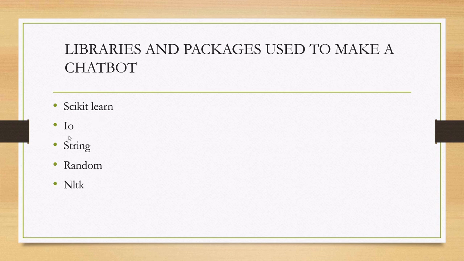Next, the IO module. The Python IO module allows us to manage file-related input and output operations. The advantage of using this module is that the classes and functions available allow us to extend the functionality to enable writing Unicode data. Next, the string module. The string module contains a number of functions to process standard Python strings. The module also contains a number of functions that convert strings to other types. The next is random. We'll also use the random module. The main purpose of the random module is to generate random numbers.